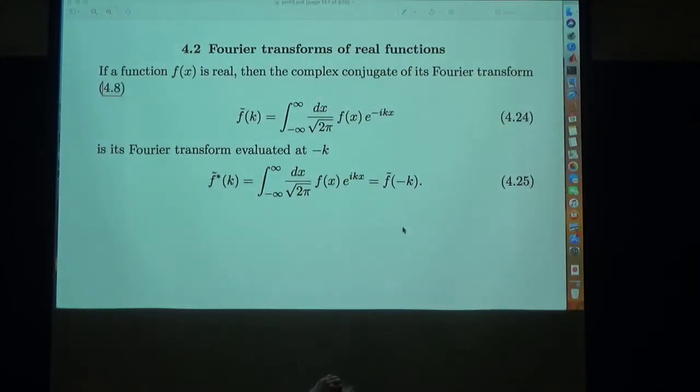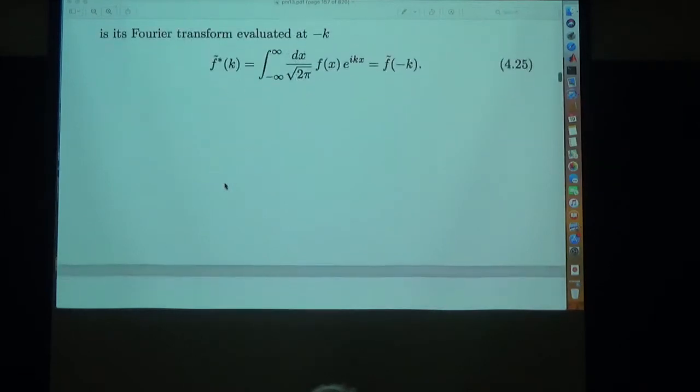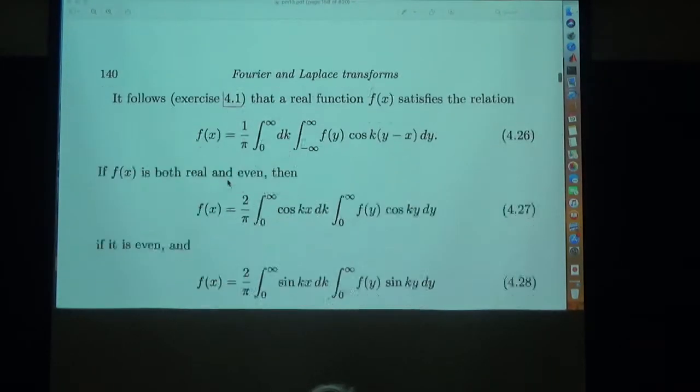Now, what if a function is a real function? Well, if it's a real function, you take the complex conjugate of the Fourier transform, you flip the phase, but nothing happens to the function because it's real. And so then this is the formula for the Fourier transform at the negative value of k, at minus k. So if the function is real, then the Fourier transform at minus k is the complex conjugate of the Fourier transform at k. That implies these relations,